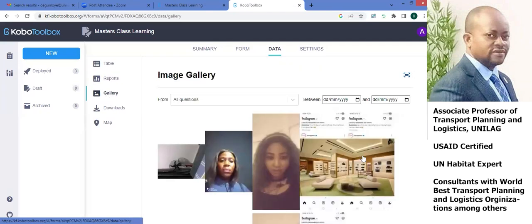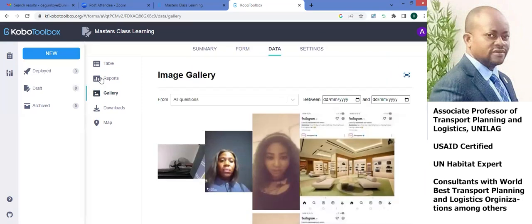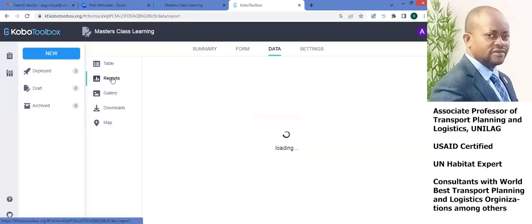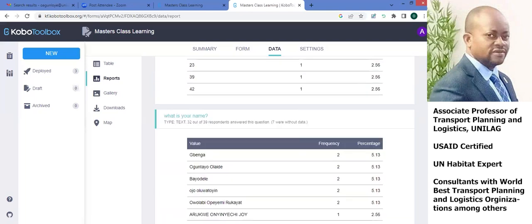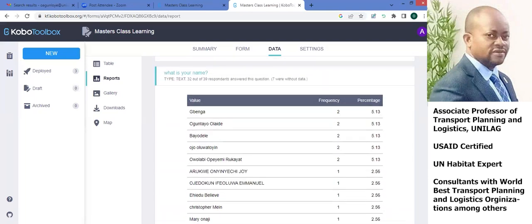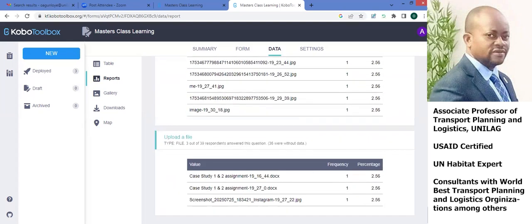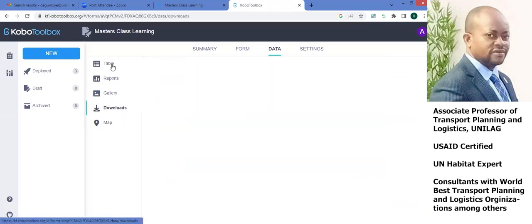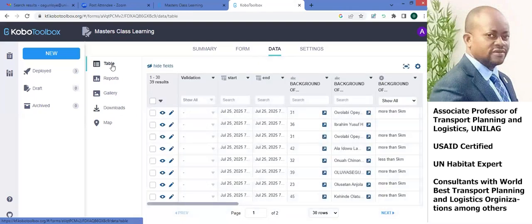Then you can see the different pictures that we have from the back end. You can see the reports that we have in line with what you have responded to. You can see the charts. Then we can even take it to Excel as XLS. So that's how it works in